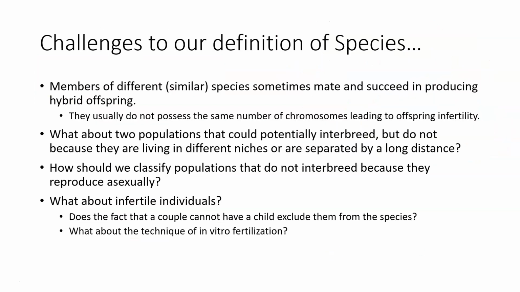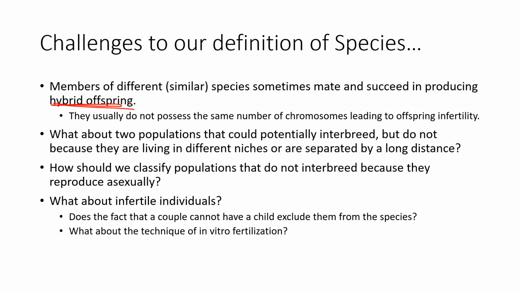Okay, so what are the challenges to our current definition of species? We've already said that the definition of species is a group of organisms that can reproduce successfully and produce fertile offspring. Well, there are some challenges that I'm going to pose and that are constantly posed both by biologists as well as the human race, and that is members of different but similar species sometimes mate and succeed in producing hybrid offspring. Whether you know it or not, hybrids have been produced. Hybrids are, by definition,